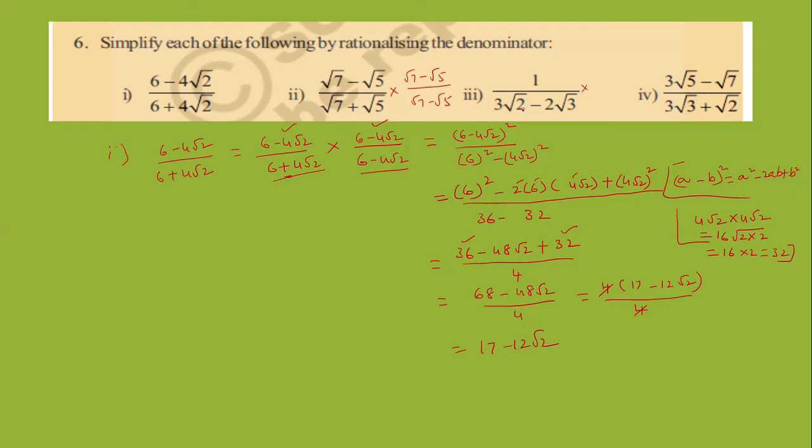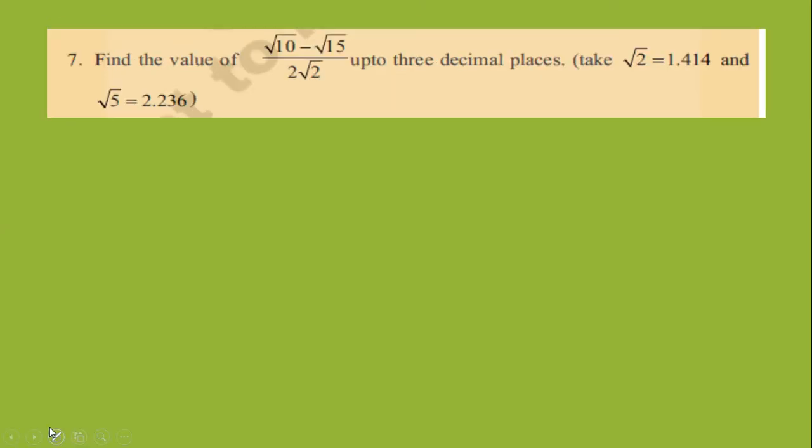In the third one, in the numerator part, there is only one term, so it is easy for us. Just what you write in the p by q form, 3 root 2 minus 2 root 3. You may simply change the symbol between these two terms. Then what to write here? Root 2 plus root 3 in the numerator part, and in the denominator part also you write 3 root 2 plus 2 root 3, and you multiply both the numerators and both the denominators and simplify them. In the same manner, you may do the fourth one. Okay, that is homework for you.